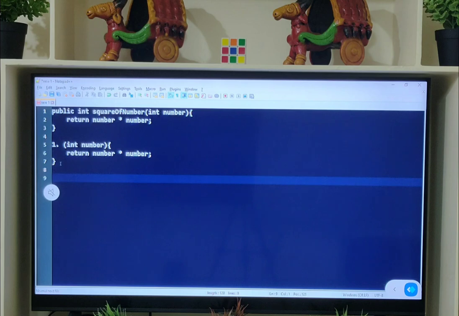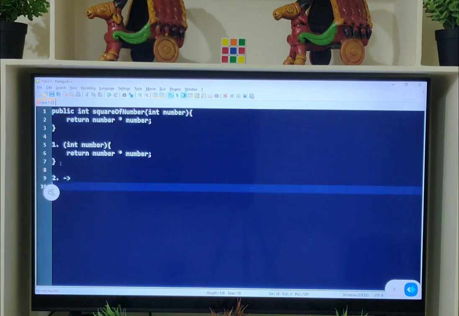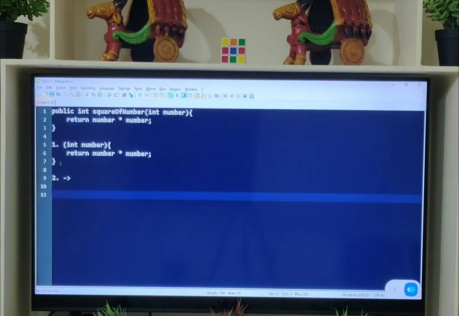Now we need to tell Java that this is a lambda expression. This is done by using a special symbol called the arrow operator. For defining lambda functions, we need to use the arrow operator. Now let's apply this arrow operator to the above function.